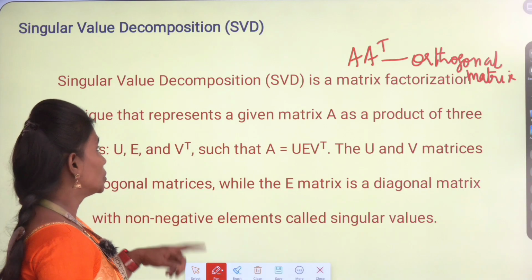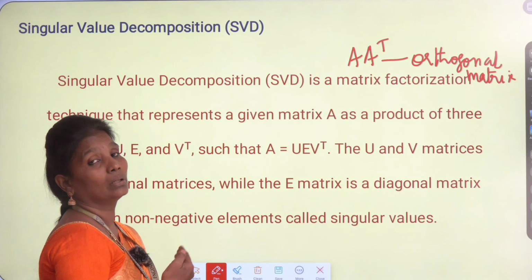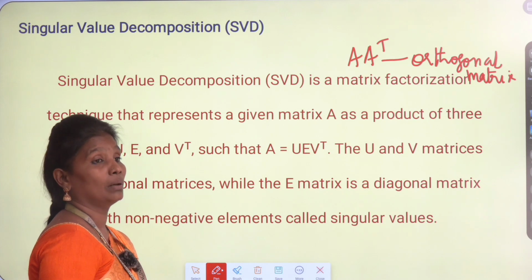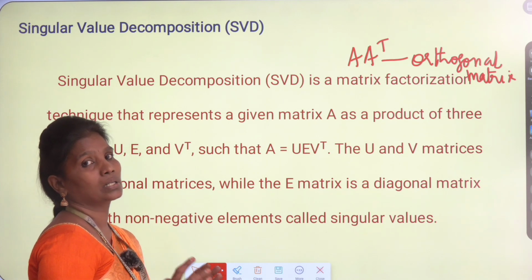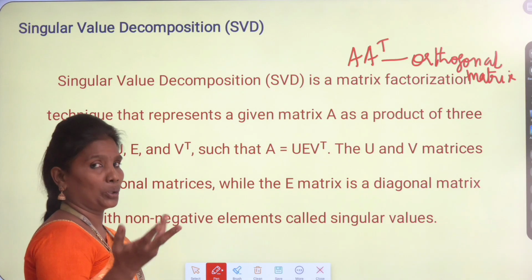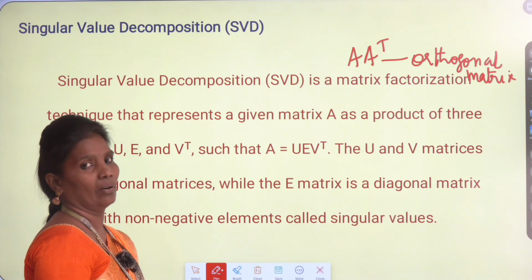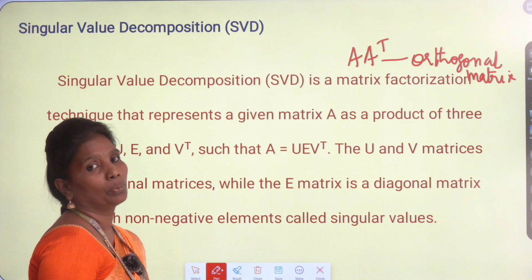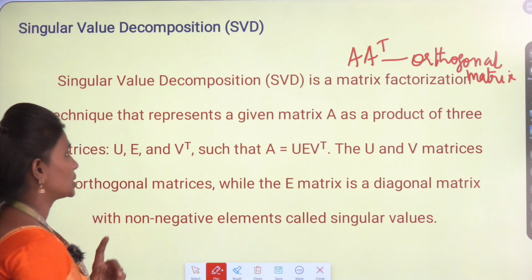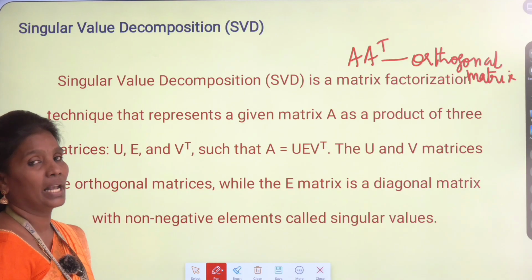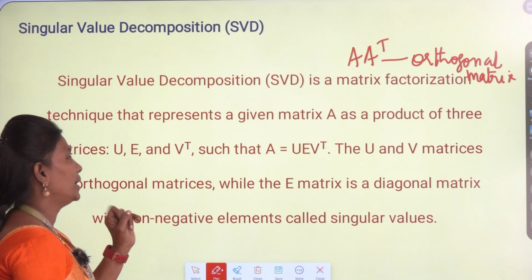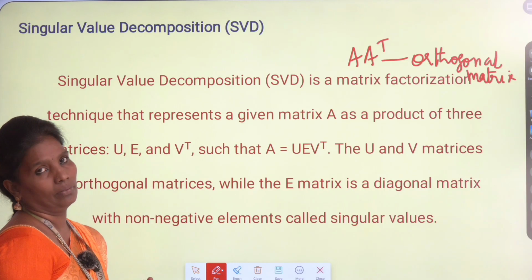So we change our given matrix A, because it's a singular matrix and some of the eigenvalues are 0. In common words, some of the data are missing, some of the data are lost. In one or two directions, the projection is missing. So first you identify which directions don't have projection by using this procedure. That's why you first form the given matrix as an orthogonal matrix, A transpose A. Then after that you find U, Σ and V transpose.